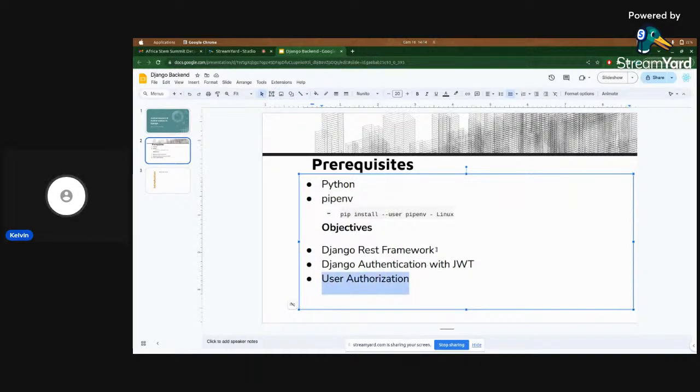So we'll first learn Django REST framework, that is setting up the application, and then we go ahead and do the authentication with the JWT, and then we can now go ahead and do authorization, right? Yeah. So having said that, again,